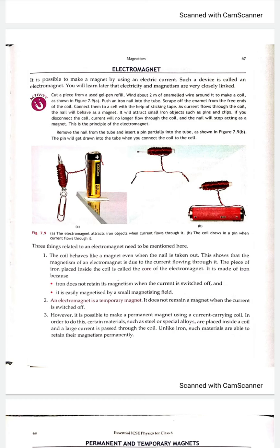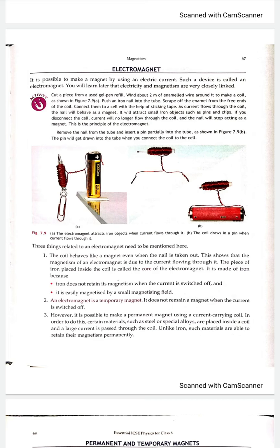So this type of device which produces a magnetic field or becomes a magnet by passing current through it, we call it an electromagnet. You can make your own electromagnet. What we have to do, we will simply take an iron nail about 4-5 centimeter long.